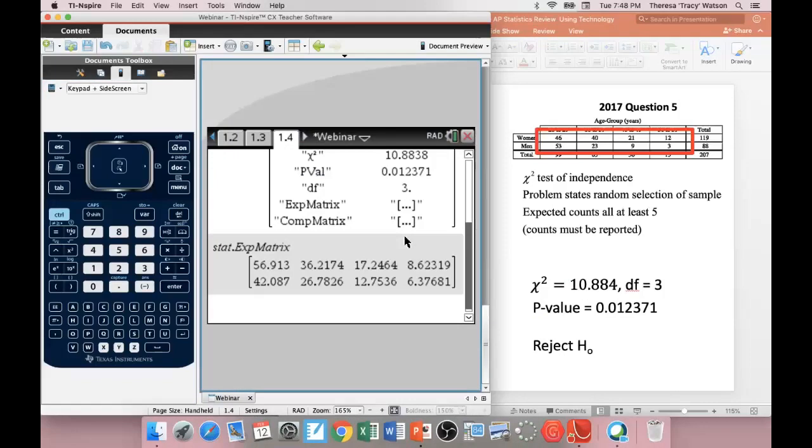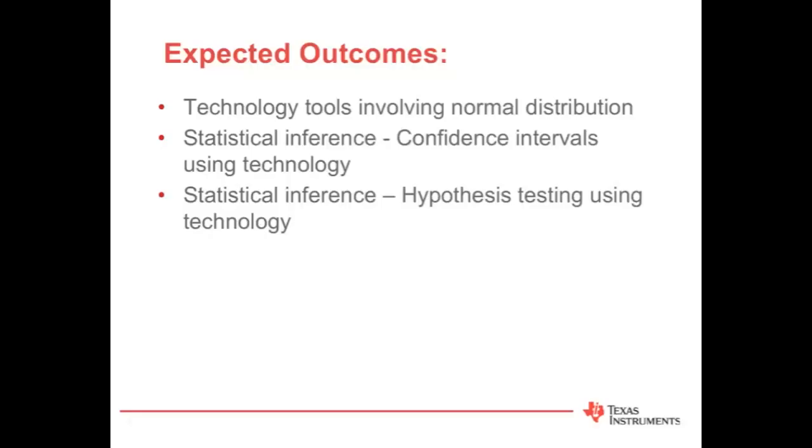The test gives me all the information that they definitely need to have when they're answering this question. Again, I just pulled out the big stuff for it. And then, of course, we're rejecting the null, and they have to write a conclusion in context. So that one's a little different because of having to do the matrix stuff. So I'm going to pass it back over to Mike so he can show you how that is done on